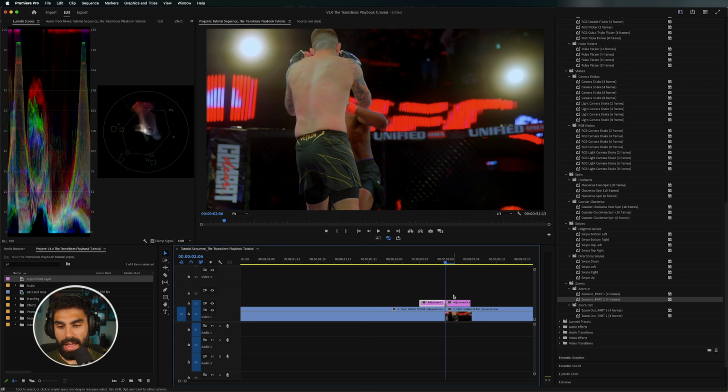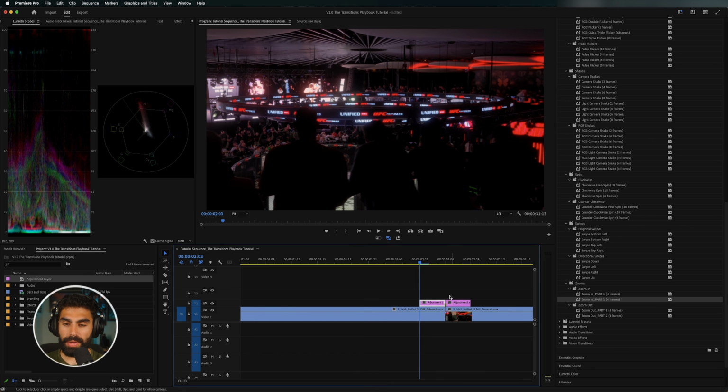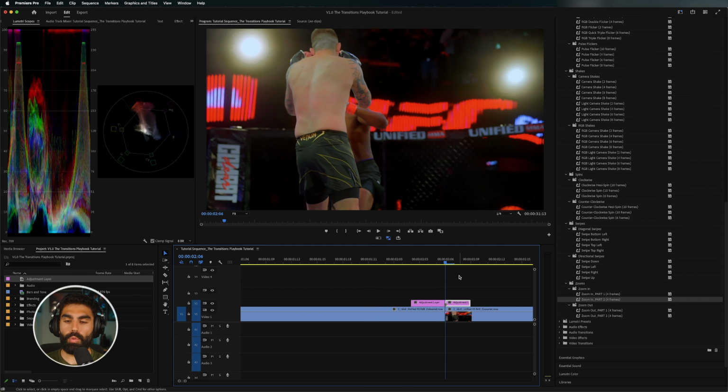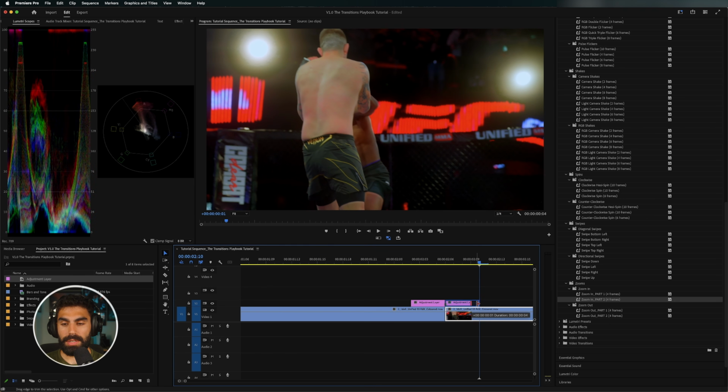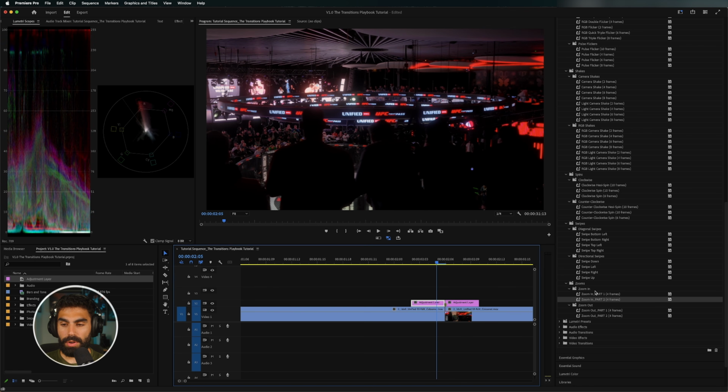So let's put a cut at our middle point, and we want to go 1, 2, 3, 4 frames. Give ourselves an adjustment layer. Then go back to the middle and go 1, 2, 3, 4 frames. Put that there. Now you want to grab your zoom in or zoom out part 1 and drop it on